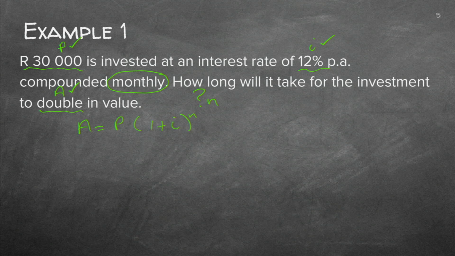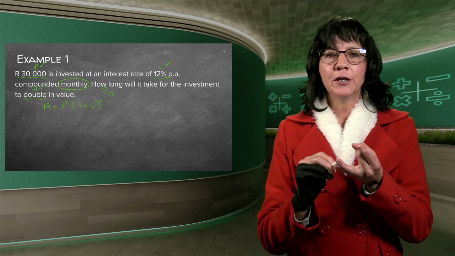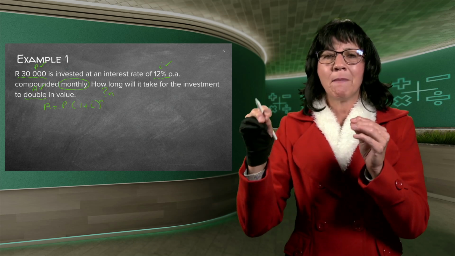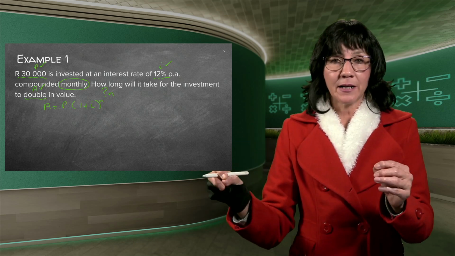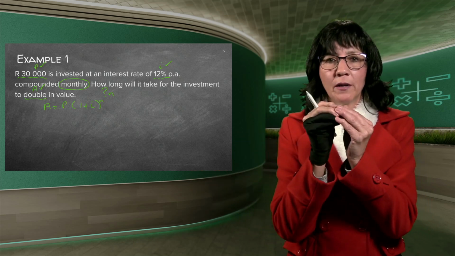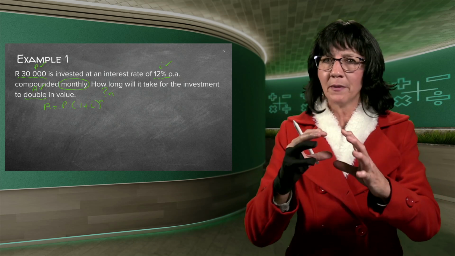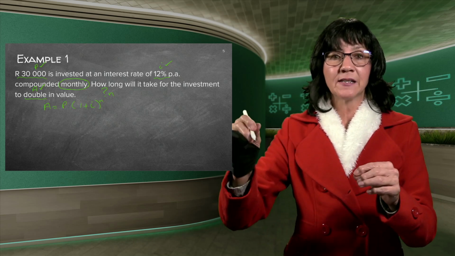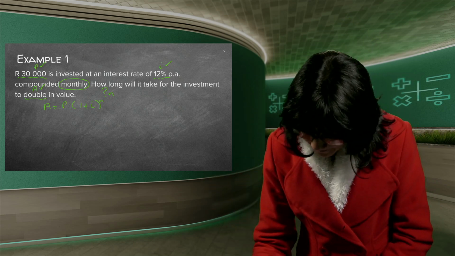Okay, just before I carry on, at this time, let's just do a little bit of revision. The F and the P formulae are only being used if you've got small amounts that are being paid into the bank monthly, or to the car dealer or whatever. You're paying it monthly. Then you know it's the small little x, and I use the F and the P formula. If there's big amounts involved and it's one big amount only once off, we use the A formula. And because it's invested and there's interest added, it's the plus formula. Good. Now just remember, let's go there.